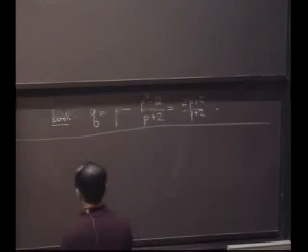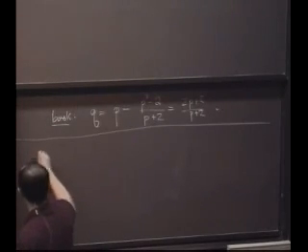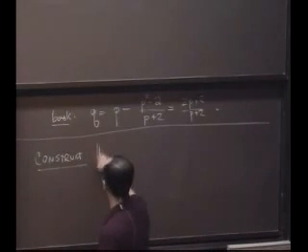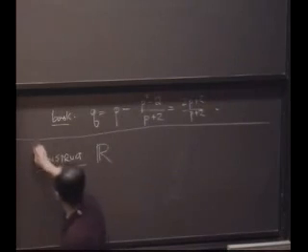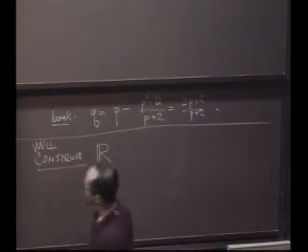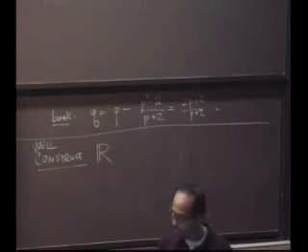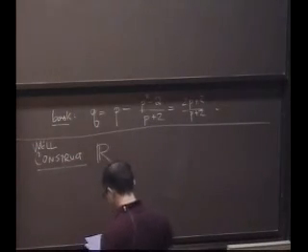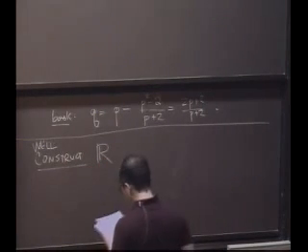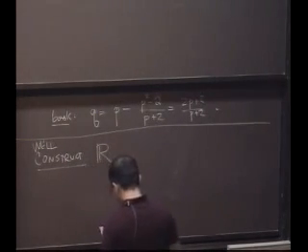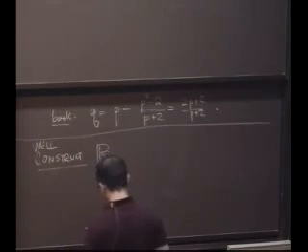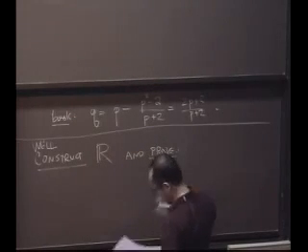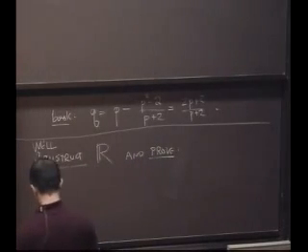So here's what we're going to do. We're going to construct R. So we'll construct R only involving rationals, and we'll do so in such a way that it'll be obvious that it has what's called the least upper bound property. Okay, so we'll construct R and then prove. This is probably the biggest idea